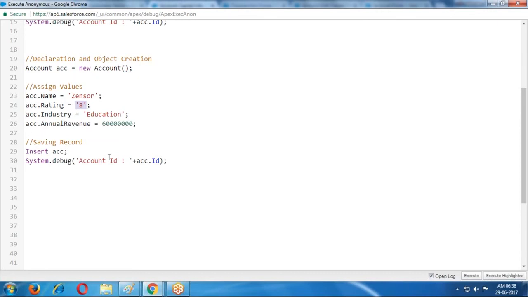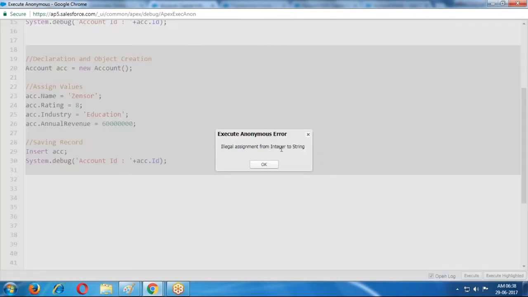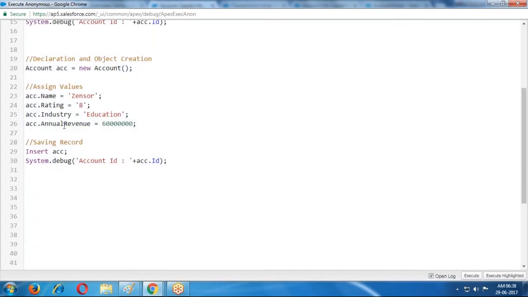Anything in single quotes is treated as string format only. Without quotes it cannot accept. It is an integer. Integer format cannot be accepted for this rating. If I execute, error message: integer to string you cannot assign, illegal assignment. If I use the single quotes, it is accepted.